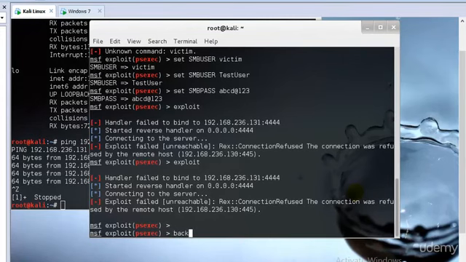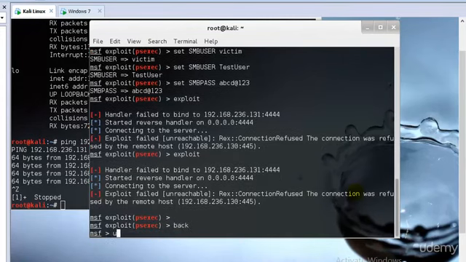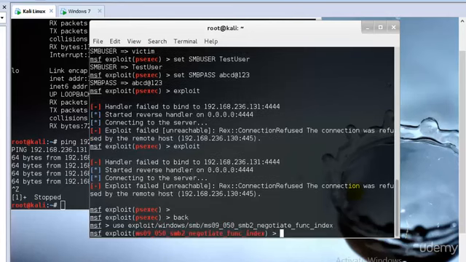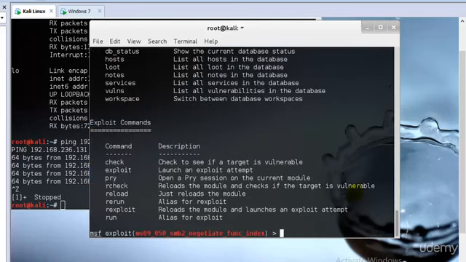So I'll just go back and type, let's say, use exploit Windows SMB / and I'll just type MS09, and yep, perfect, and I'll hit enter. And inside over here I'll just go ahead and use the help. So as you can see over here,